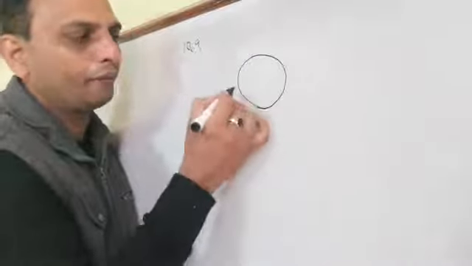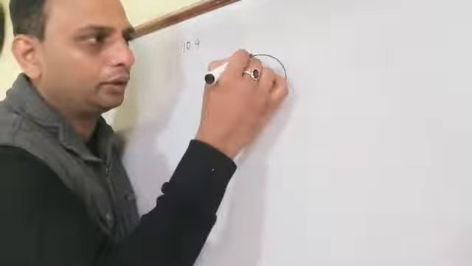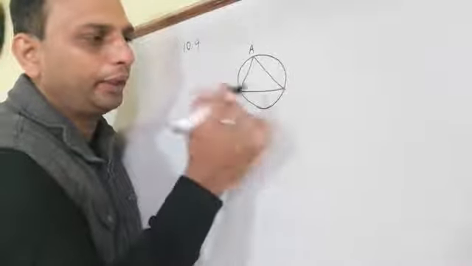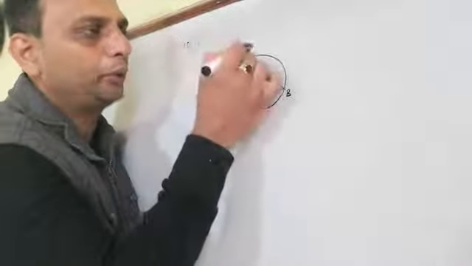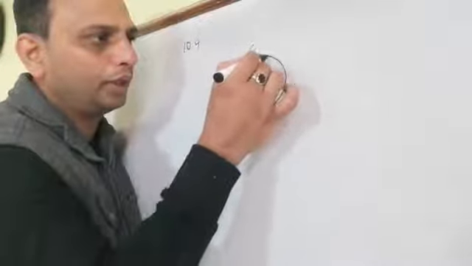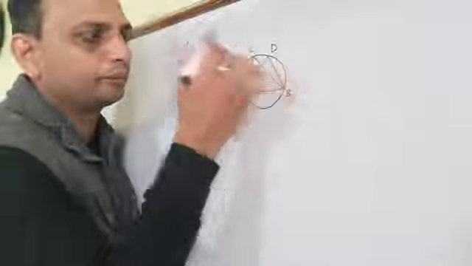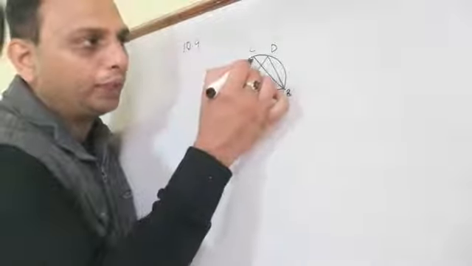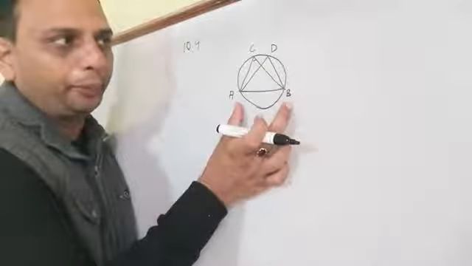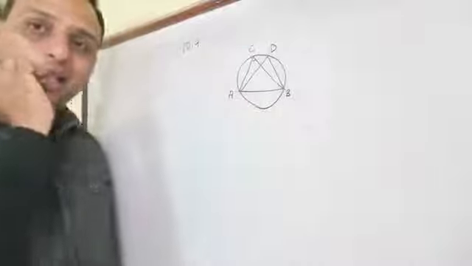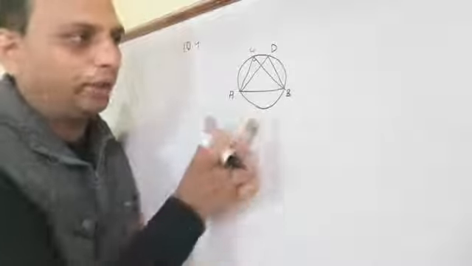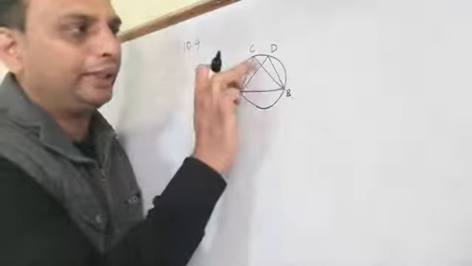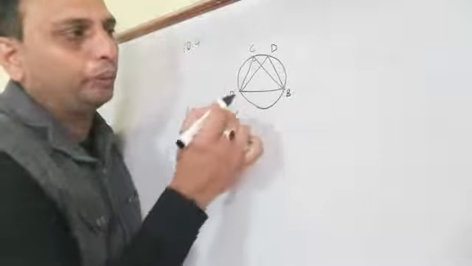Suppose this is one circle and this is an angle formed at A. This is AB. Suppose this is the point C and this is the point D. Now, angle in the same segment means what? For a segment there should be one chord, and the angle should be formed at the circumference of the circle. I already told you what a segment is. If C and D are formed at the circumference of the circle, these two angles will automatically become equal.